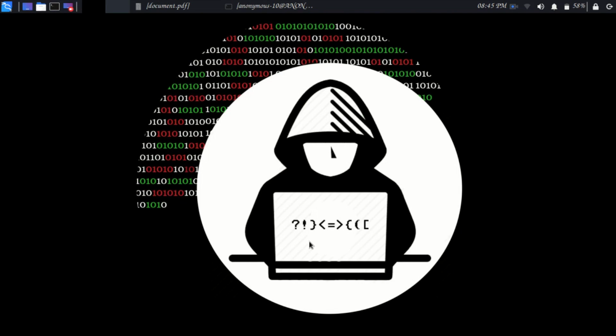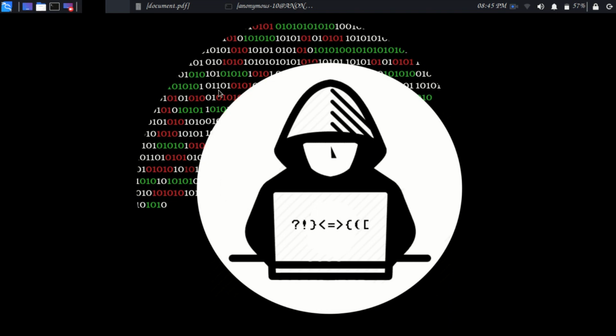Hi guys, today we are going to see how to use Nmap. Ethical hacking contains many processes. Among that, one of the processes is footprinting or information gathering. There are many tools available for this. One of the tools is named Nmap and it is very famous. We are going to learn how to use it today.